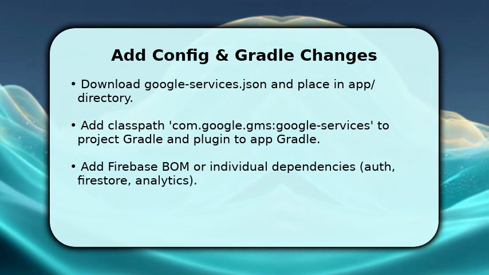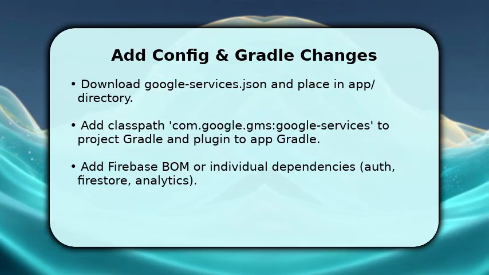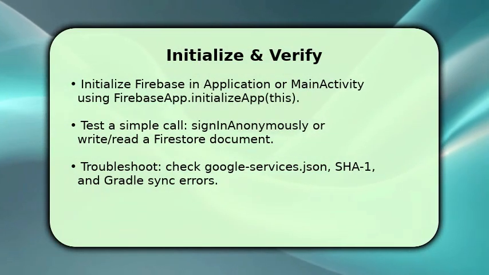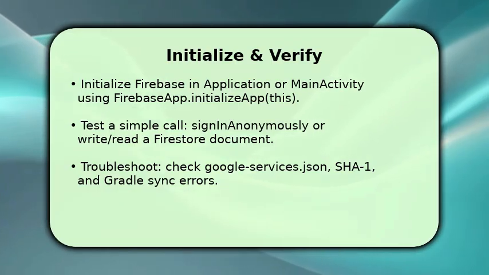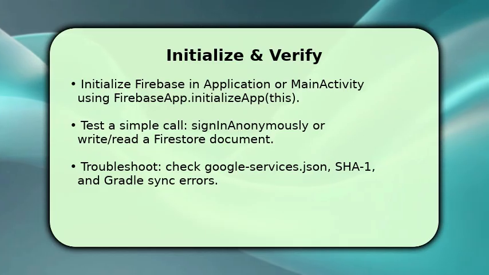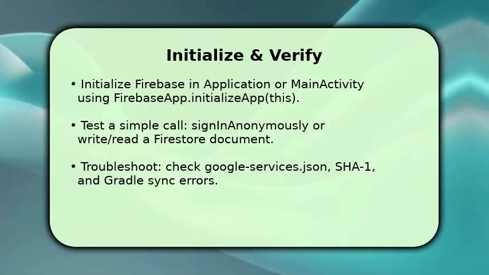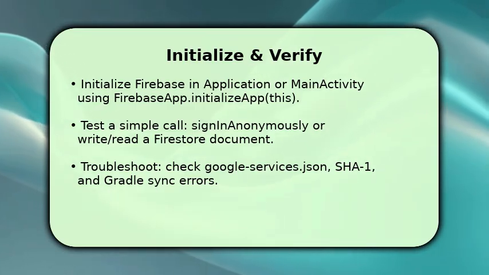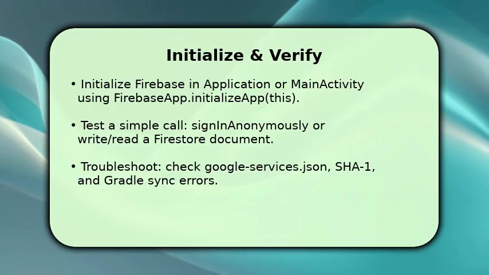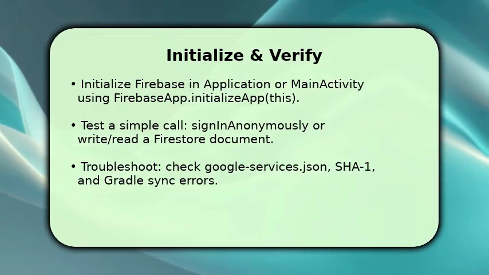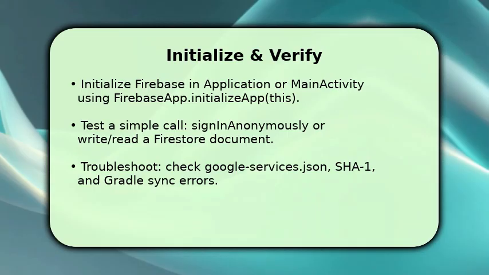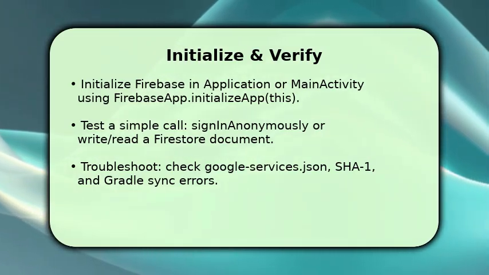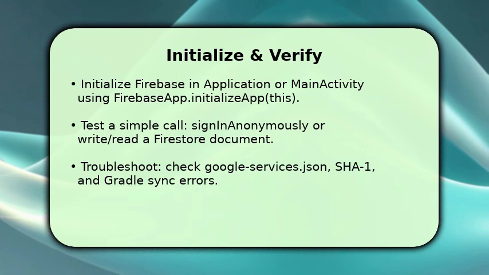Finally, initialize Firebase in your application class or main activity with FirebaseApp.initializeApp(this), or rely on auto init. Verify integration by making a small call such as sign in anonymously or writing a test Firestore document. Observe logcat for confirmation. If something fails, inspect Google services JSON placement and contents, confirm package name and SHA1 match Firebase, and resync Gradle. Also review runtime errors in logcat. Most issues are misconfigured JSON, missing